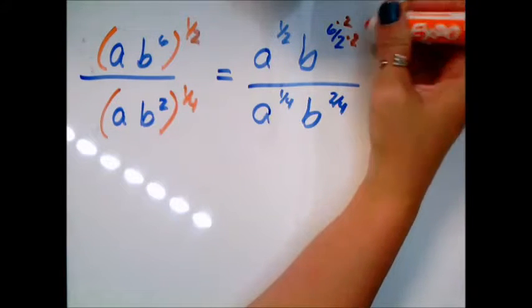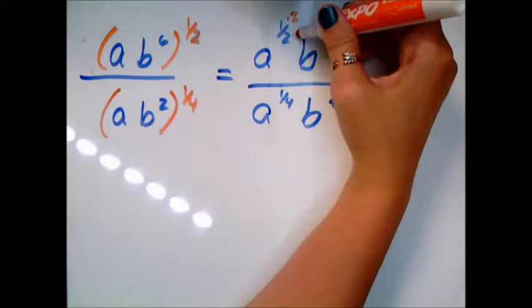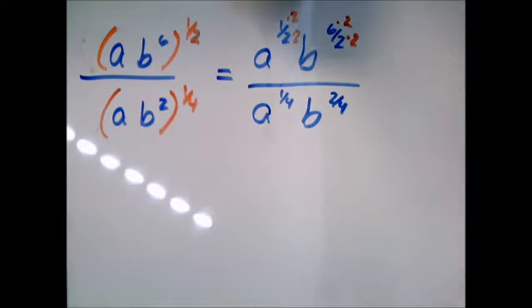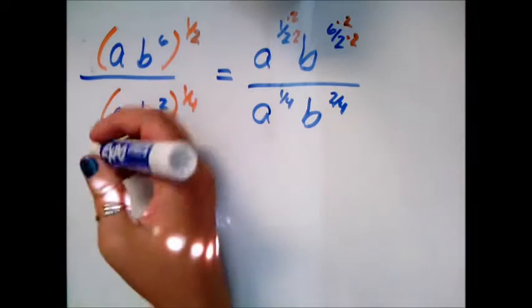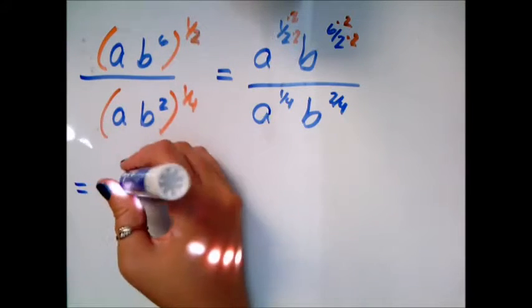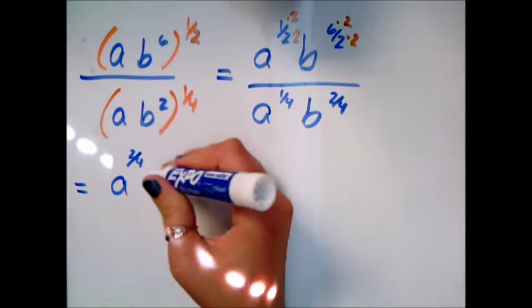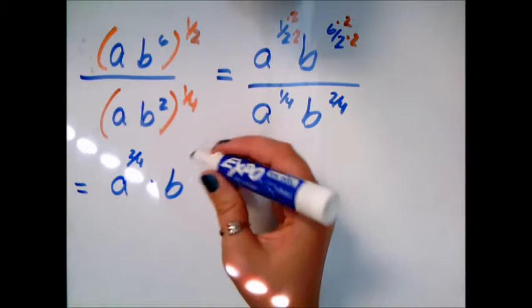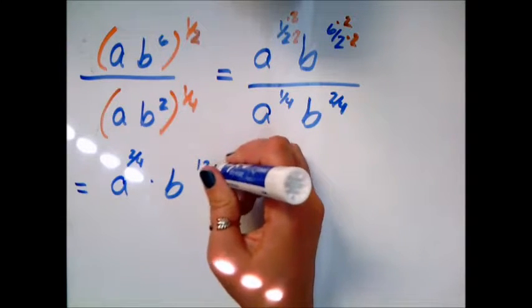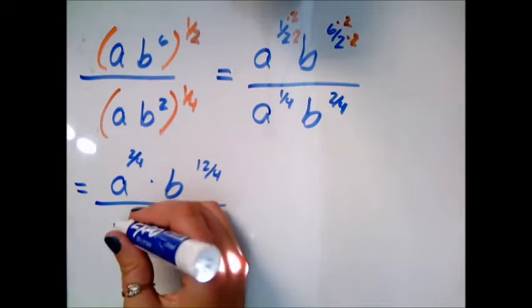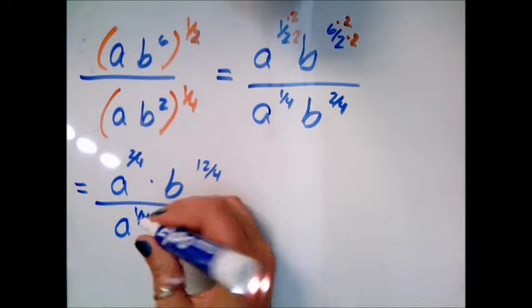These two, to turn them into fourths, I have to multiply by 2/2. So I end up with a to the 2/4 times b to the 12/4 over a to the 1/4